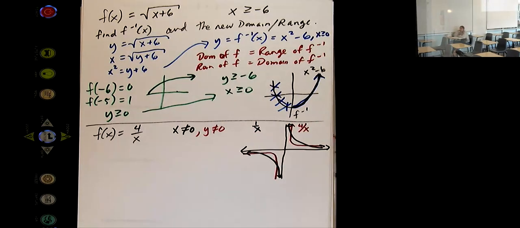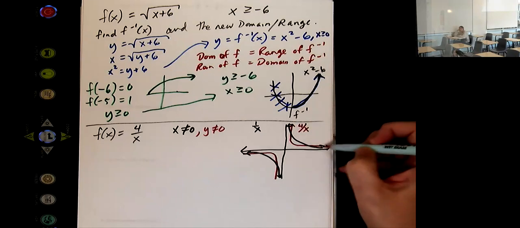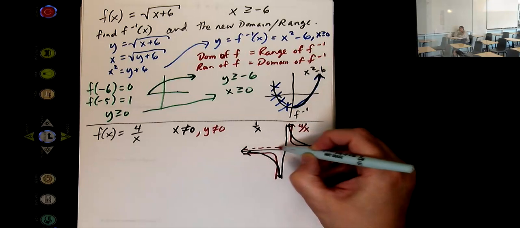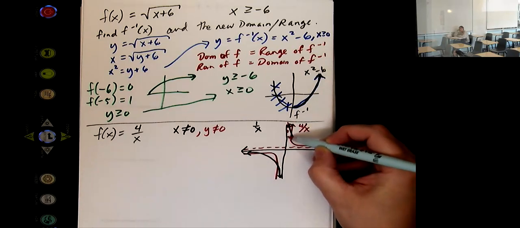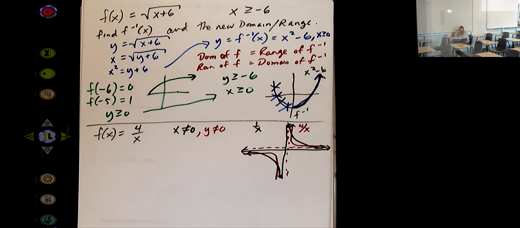We can also see that it's asymptotic along here. The two axes, the x-axis and the y-axis, are asymptotes. So x can't equal 0 and y can't equal 0, which means when we switch them